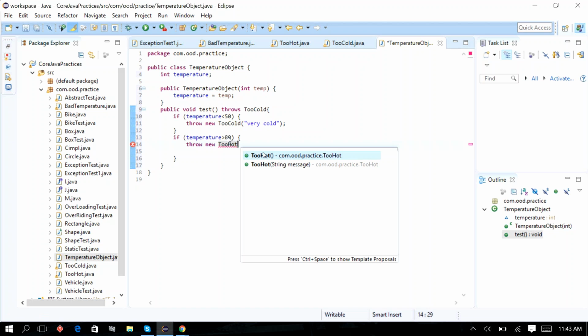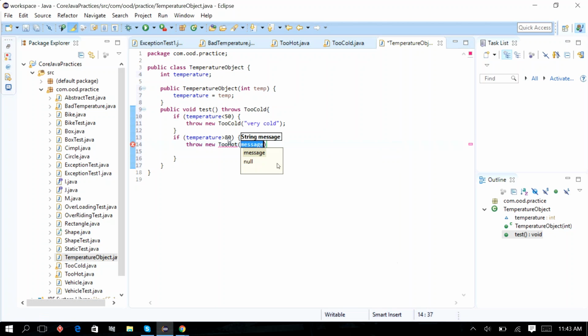Within brackets, within double quotes. Yes, second constructor. Within double quotes you can say very hot. Save this. Put semicolon at the end